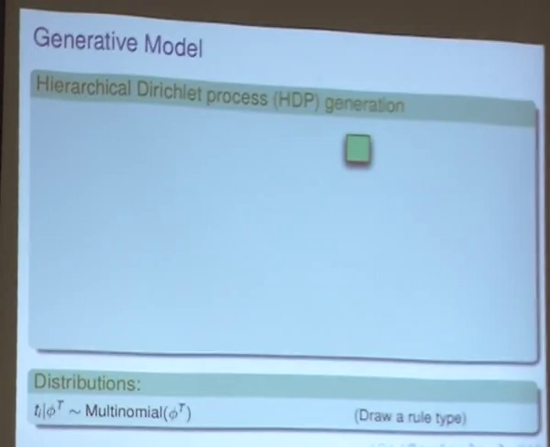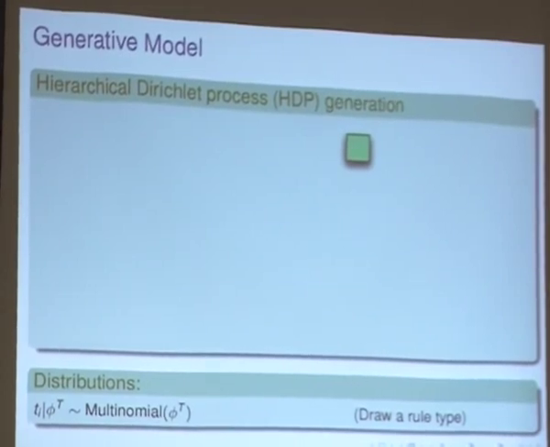So if we're going to model these trees, we're going to have to come up with some sort of generative story about how our model produces the parallel corpus. So that's going to be a relatively simple story. We're going to start with a starting node. So this is the top of our parallel trees. And down here at the bottom, I'll describe the actual statistical distributions that I'm going to use to model these. If you're not familiar with this sort of notation, don't worry too much. Worry more about what's going on up here. But we say we're going to first draw a rule type from a multinomial distribution.